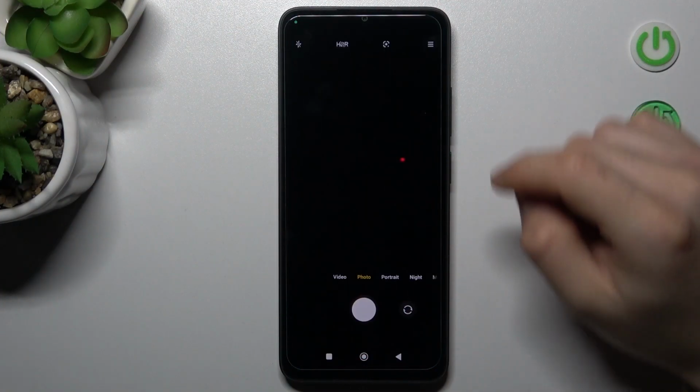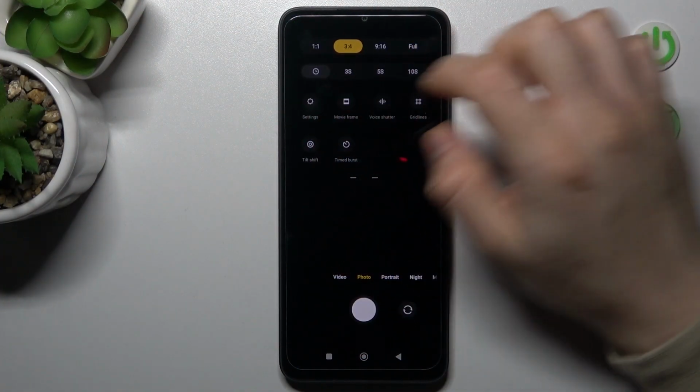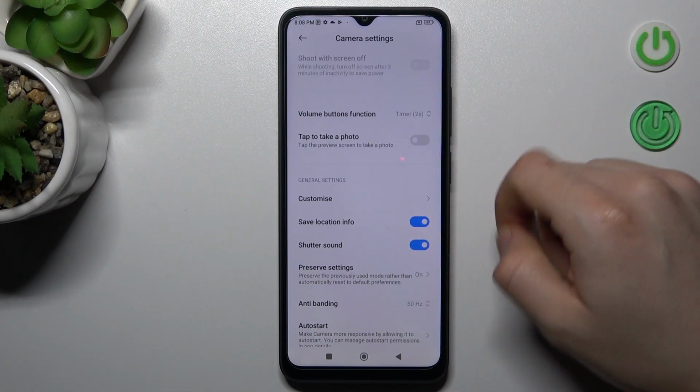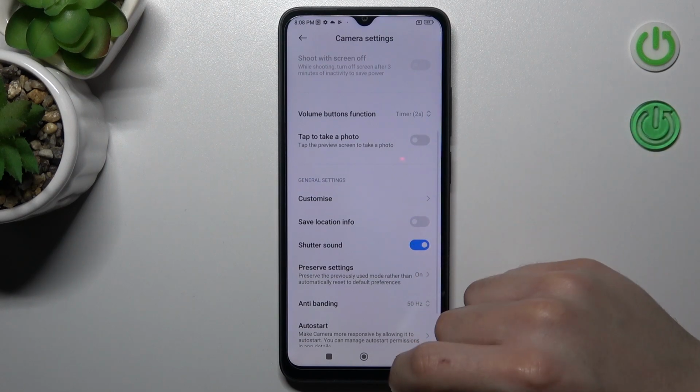So at the start, open the camera app, then go to the three-line button and choose settings. Now slide down to the save location info. If you want to remove the location info from your photos, just switch it off like here and go back